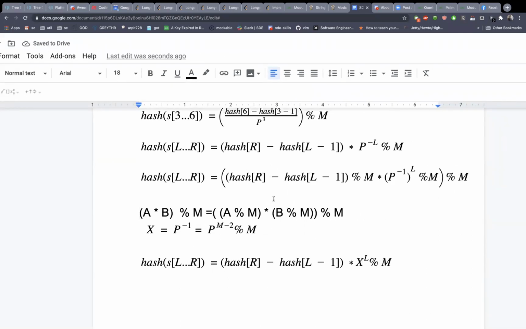Okay, maybe I am missing something. I don't want to waste your time. I guess in the next line we are not saying hash r minus hash l minus 1, we are taking modulo. Because this is not an inverse modulo, right? Whatever he is saying, it is something like A star B mod M. This is giving this one. That is clear, but it is not related to inverse modulo. P minus 1, I'm not sure how it is returning like P of M minus 2. Okay. The formula, I couldn't understand that part alone.